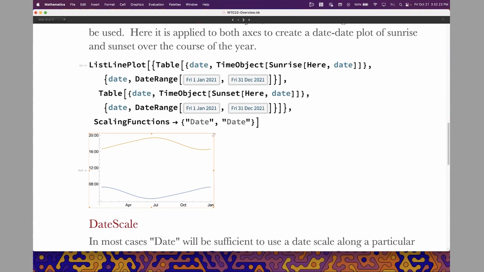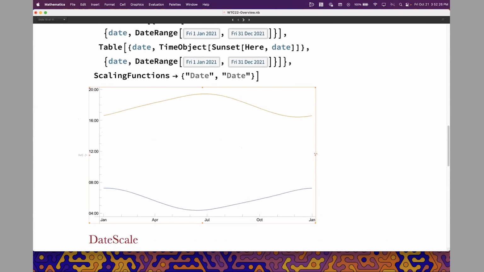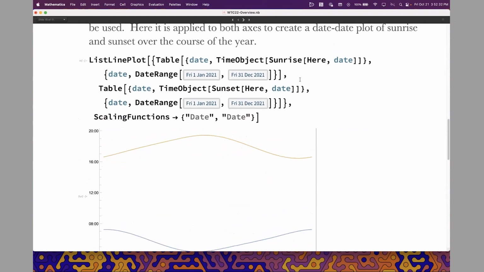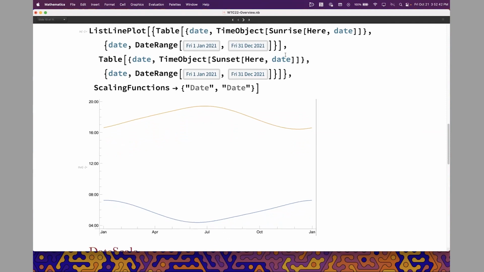But this is an example I try anytime we make improvements to the viz functions, especially list plot, which is sort of for Champaign over the course of the year, when is sunrise and when is sunset? And because I'm using a date axis and I'm jumping through a little bit of hoops to convert the sunrise to just a time object without the date,